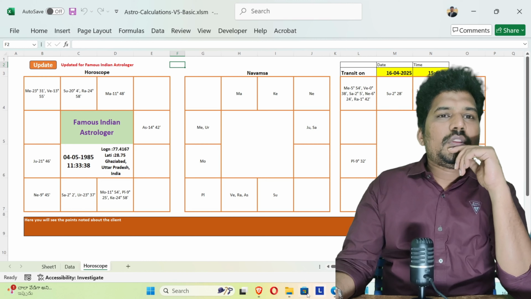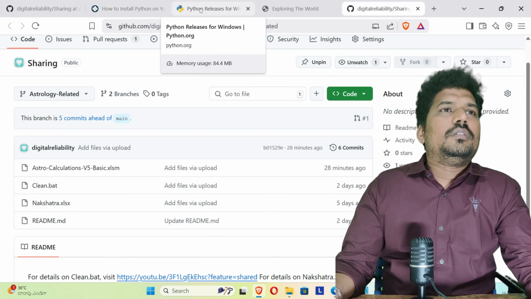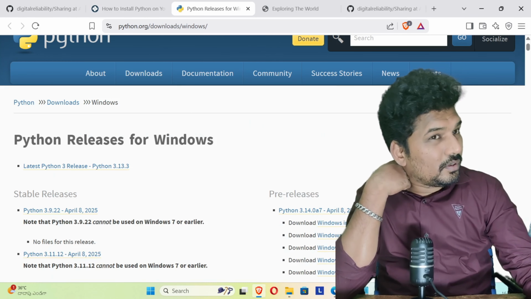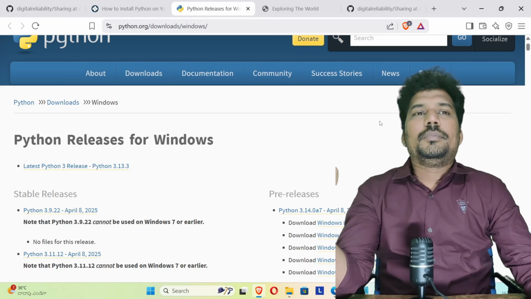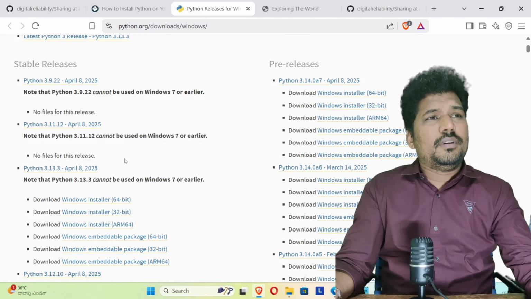First let's go to the page where you will get Python. For the purpose of making this program, I have used Python 3.13.